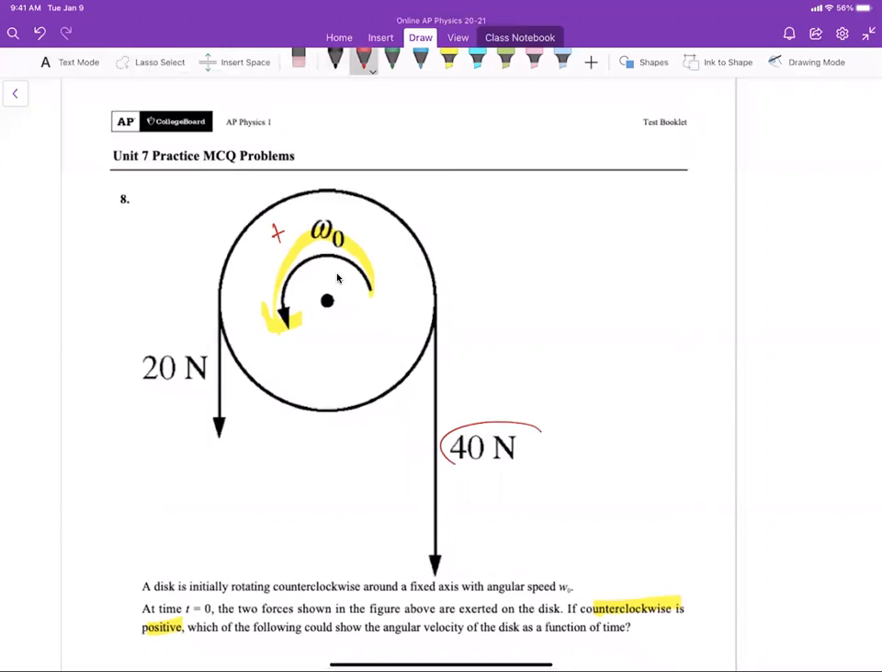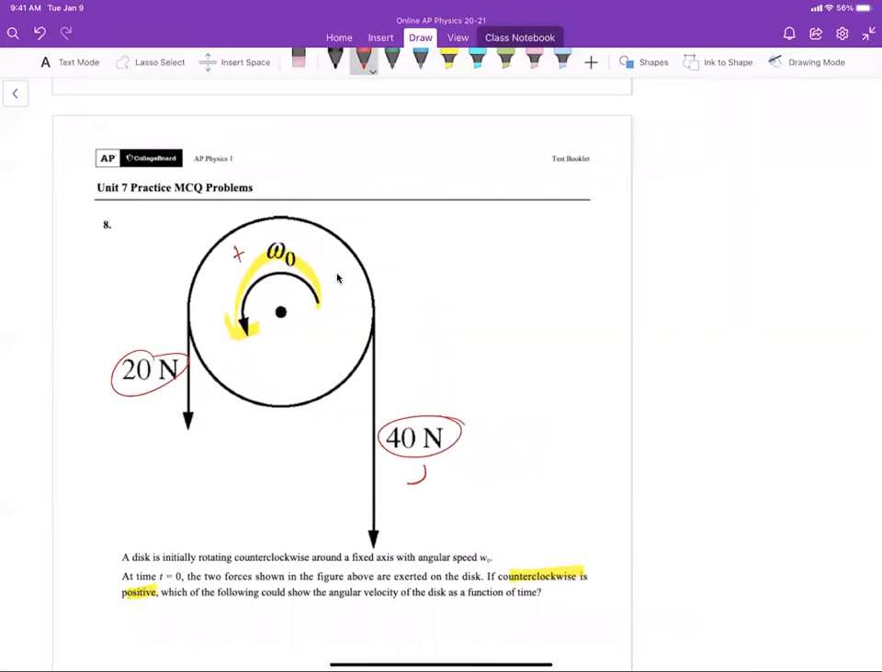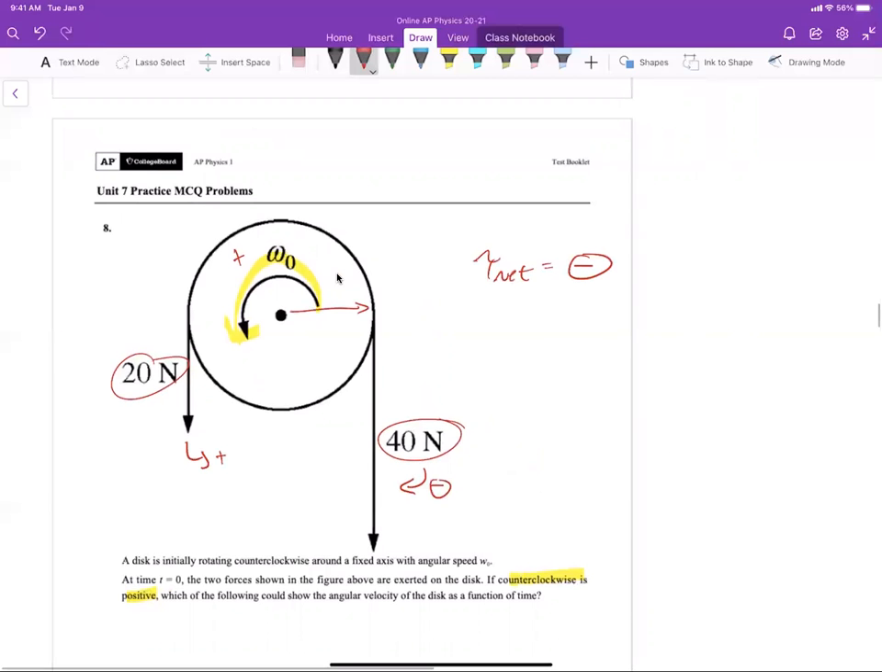Sometime later, we have two forces that are added to the system. Each force is applied simultaneously. The 40 Newton force is going to cause a negative torque. The 20 Newton force is going to cause a positive torque. The net torque will be negative because 40 is greater than 20, and they're both at the same distance away from the axis of rotation. Therefore, if the net torque is negative, and the net torque is equal to the rotational inertia times the angular acceleration,